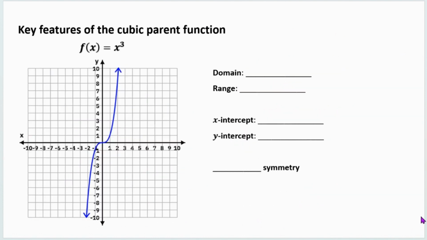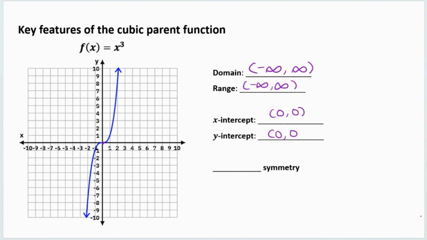So now let's describe the key features of the cubic parent function. So the cubic parent function, f of x equals x cubed, actually does include all x values in the domain. So we'll say the domain goes from negative infinity to positive infinity. The range also does include all y values, so the range is going to go from negative infinity to positive infinity. It does intersect both the x and y axes at 0, 0, so it has the x-intercept and y-intercept